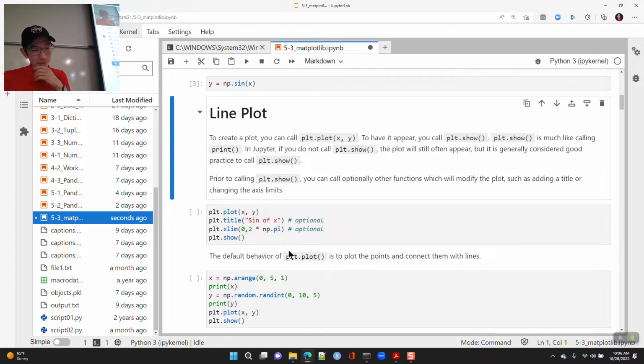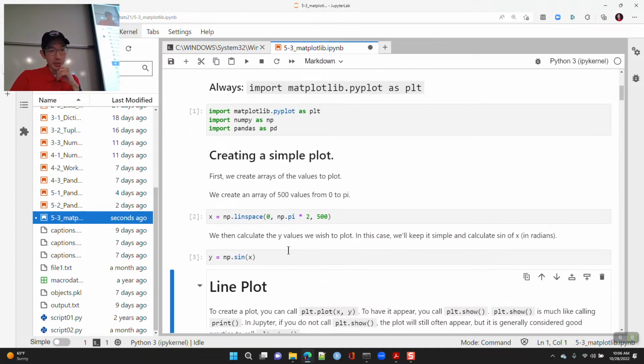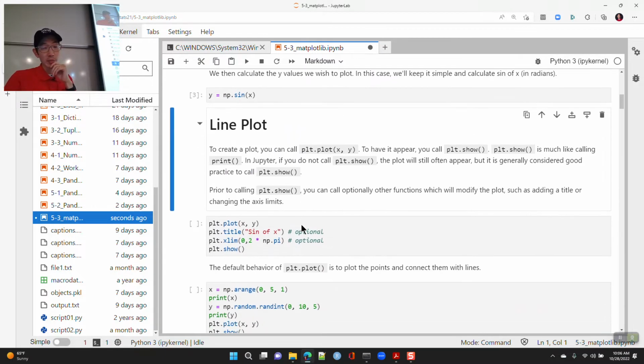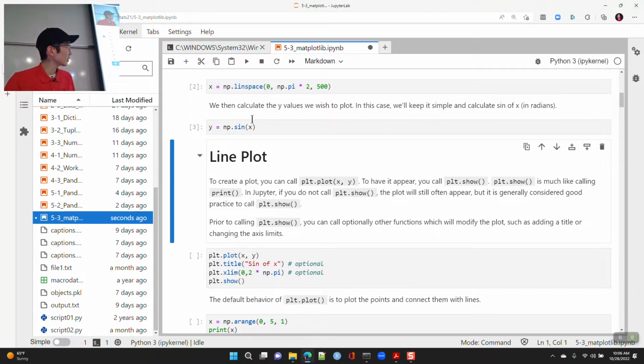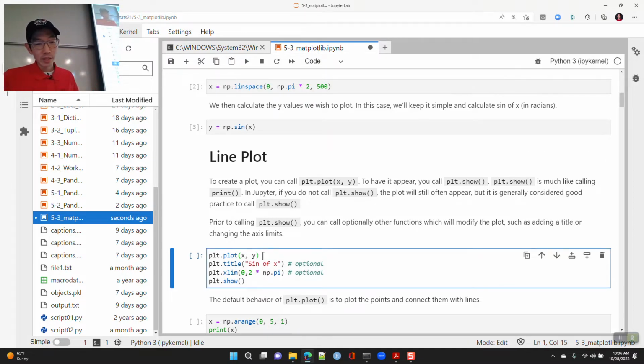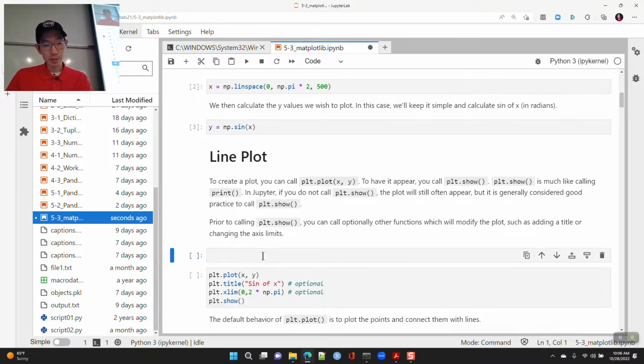So for a basic plot, you import matplotlib.pyplot, and basically we're going to call plt.plot, and in this case you can just give it these two arrays, one for x and one for y. Let me just show you what happens if you just do that.